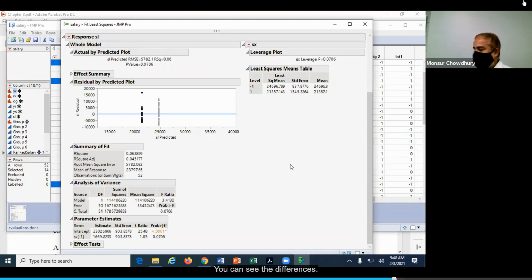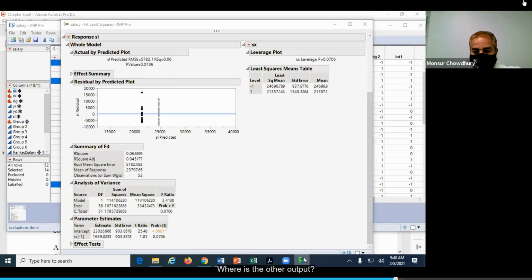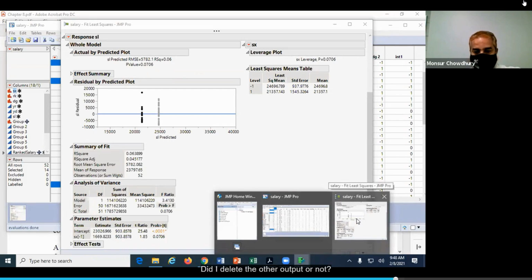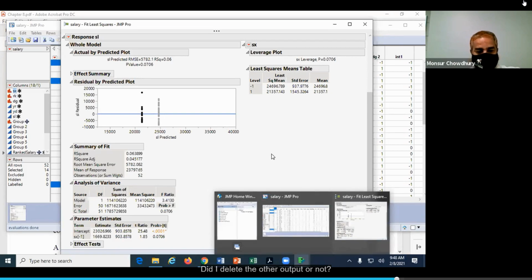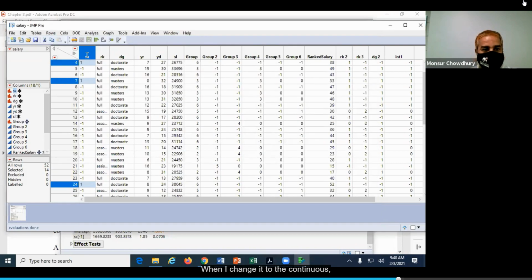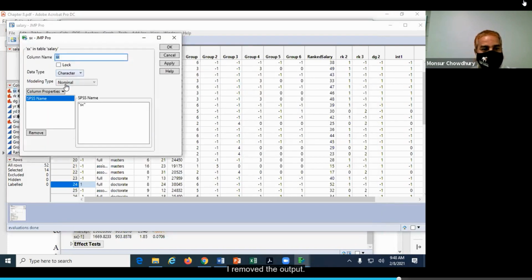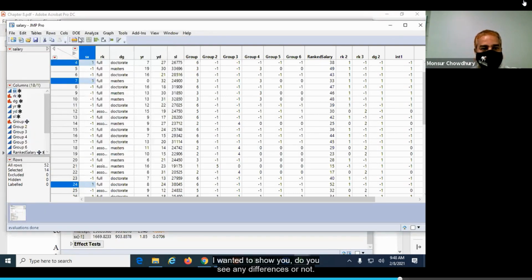So you can see the differences. Can you see any difference in these two? What is the other output? Did I delete the other output or not? Okay, maybe when I changed it to continuous, I removed the output. I wanted to show you, do you see any differences or not?